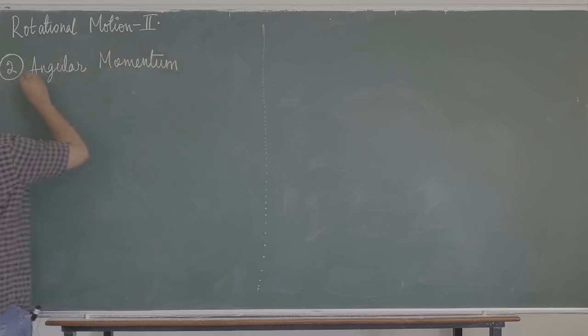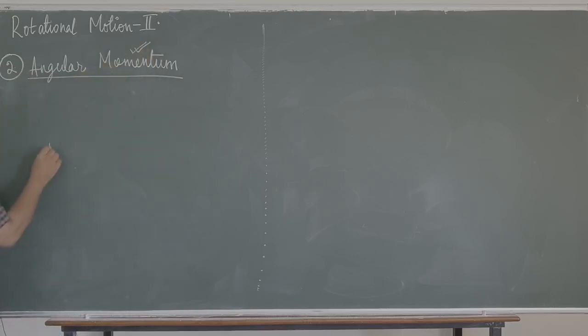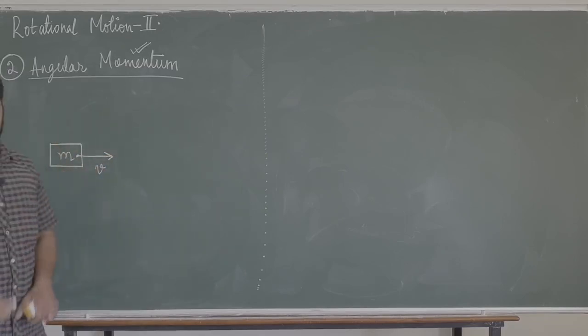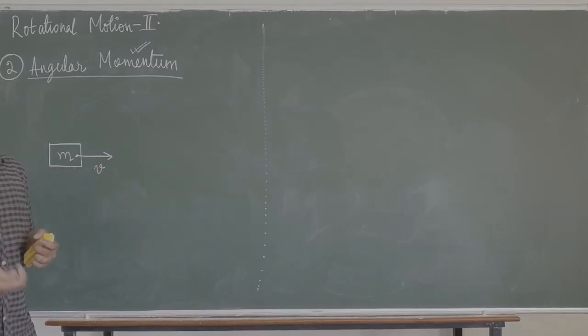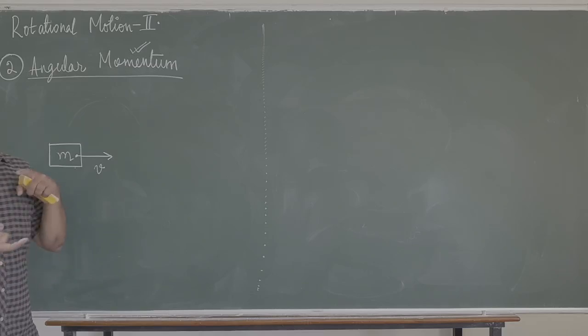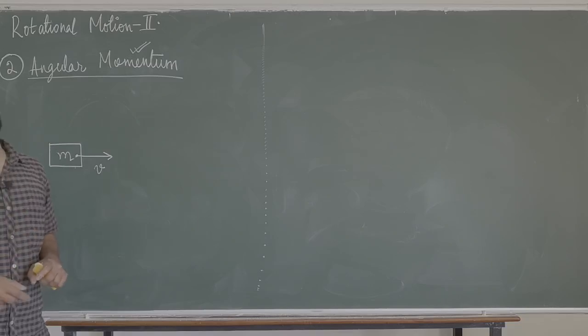Now, before we talk about angular momentum, the first thing is, do you understand momentum? For example, if you take a mass, some block, and you move this mass, let us say the mass has a velocity of v. To move this mass, I have to push it, I have to provide some force to it. So motion requires a force. There are two ways to talk about it. When you are applying a force, first of all there is distance and secondly time is taken. So there are two ways of talking about the same thing. Either you talk about time or you talk about distance. If you are talking about distance, force into distance is work done. So you talk about energy.